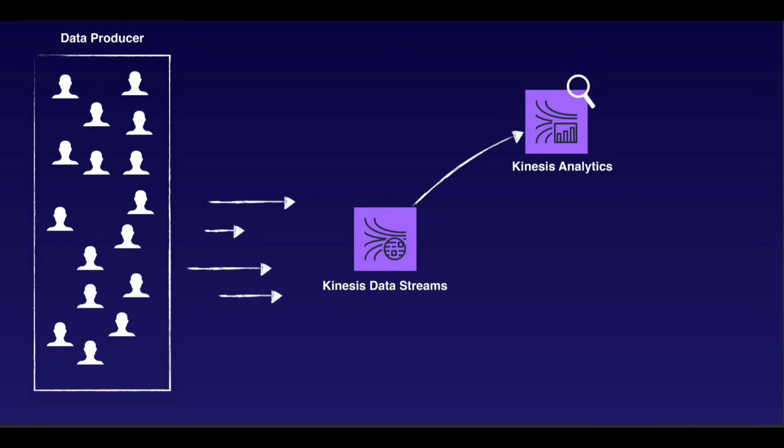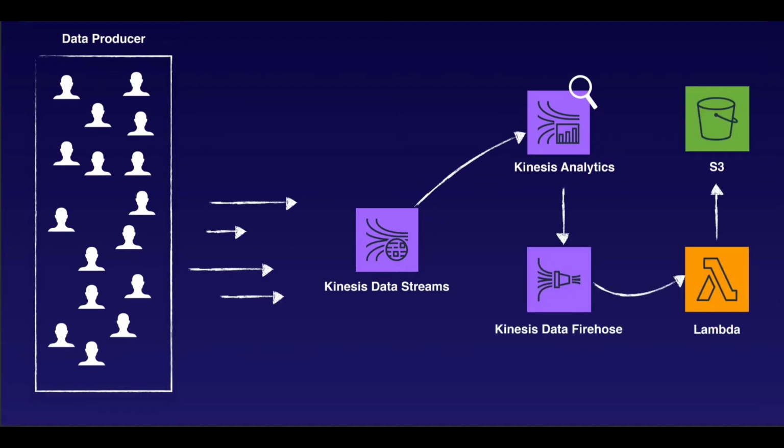Once we are satisfied with the transformed data, we will connect it to a Kinesis Data Firehose, which is our delivery system, and we will output the results onto S3. Now, before the data lands onto S3, we will use Lambda to do a final transformation that puts the data in the proper JSON format. Essentially, we will add a new line character to the end of each record.